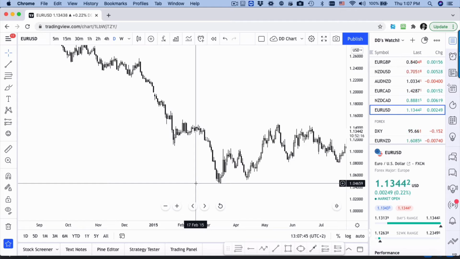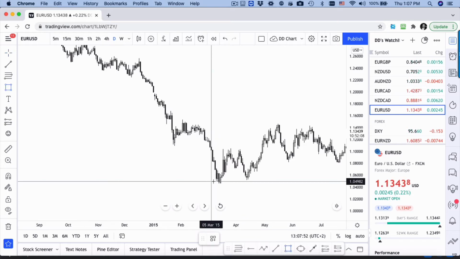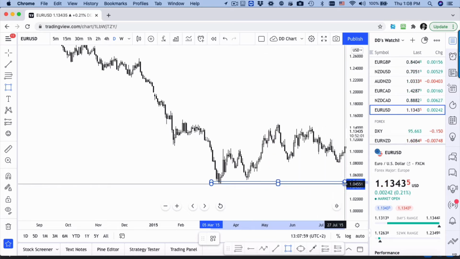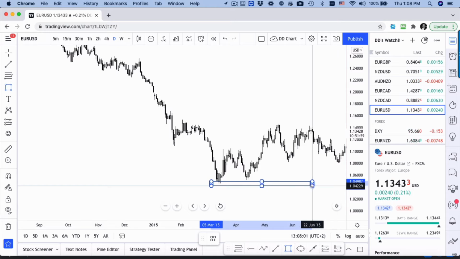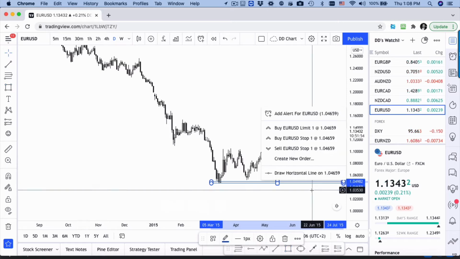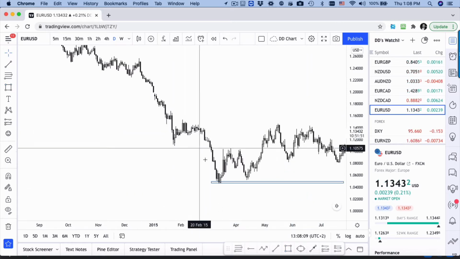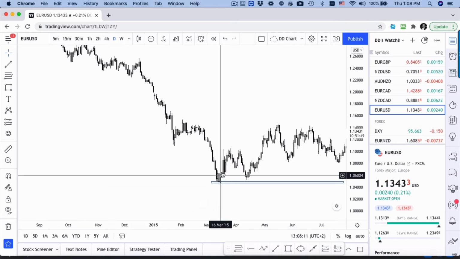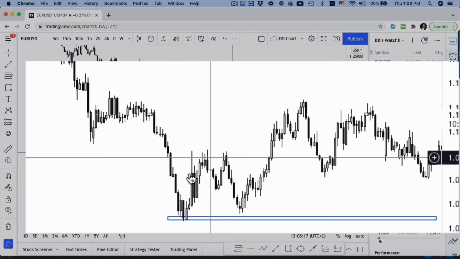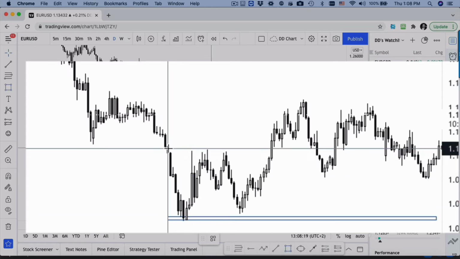So what I want to do is I want to pull out my rectangle over here. I'm going to click on it, and I'm going to make that a level. And I'm going to say that this is a strong support and resistance level because we are on the daily chart. So that means that the big traders are sitting around here. And what happens? It hits that level, and then it goes up over here. And you see that this minor level over here